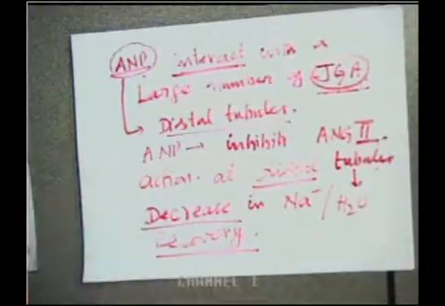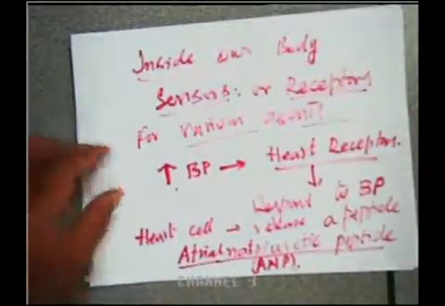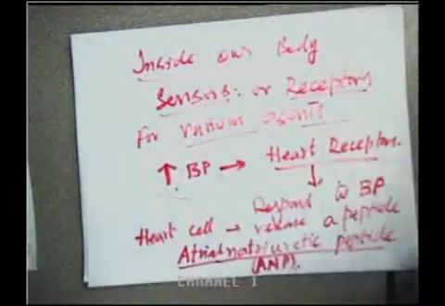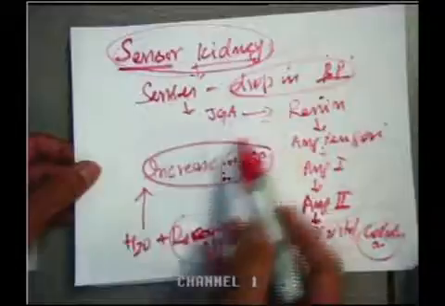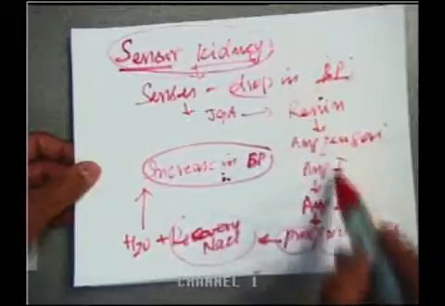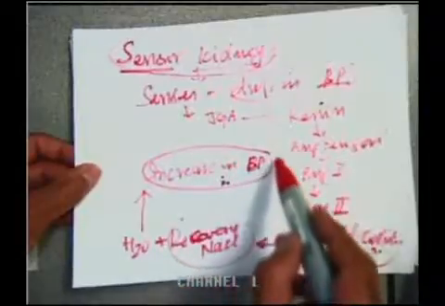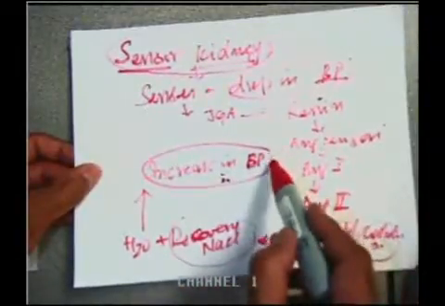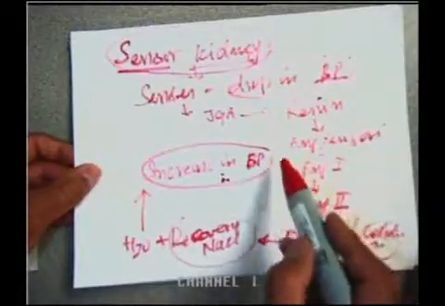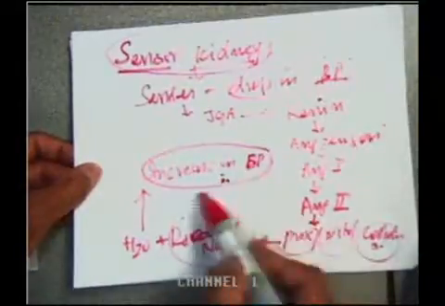So what will happen when there is an increase in blood pressure? Why is there an increase in blood pressure? Because we studied the JGA: when there is low blood pressure, the JGA is released, and the kidney responds to the drop in blood pressure. So it recovers water through this angiotensin process, and blood pressure increases. But it is not going to be a long-lasting increase in blood pressure, because that will damage our heart and our system. So immediately our body will respond to adjust to the increase in blood pressure.